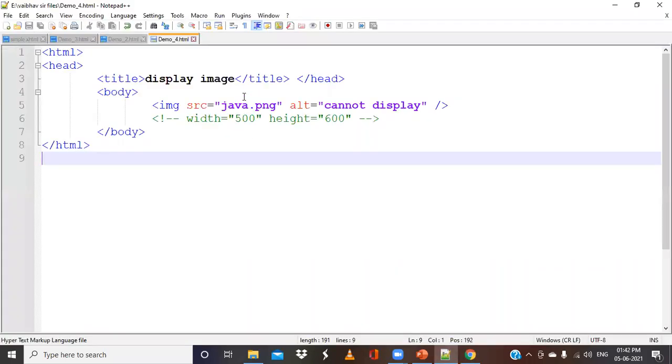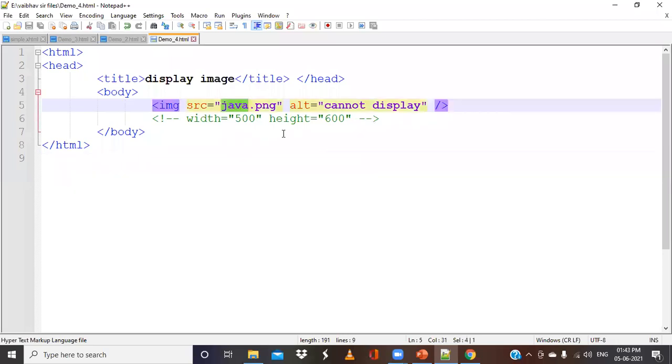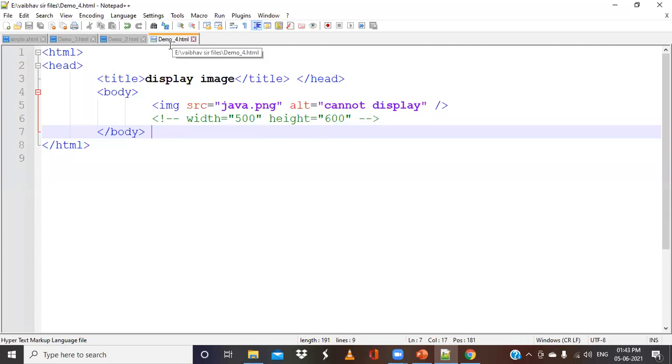Why will it not work? The source of the image is wrong. In the attribute SRC, the source we have written is wrong. The only thing here is that the image I want to load is not in the same directory as my HTML file.